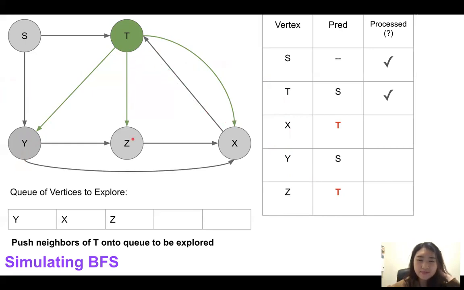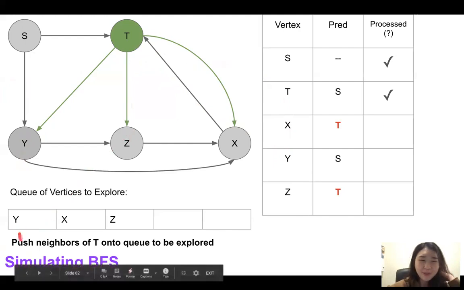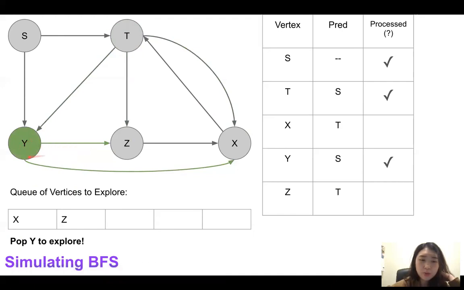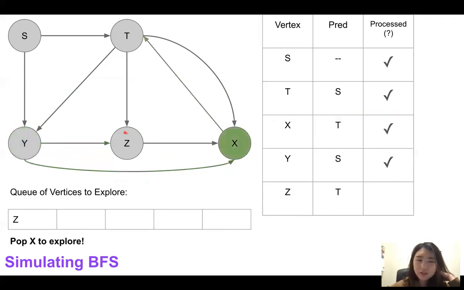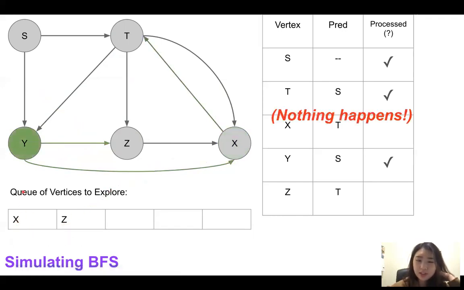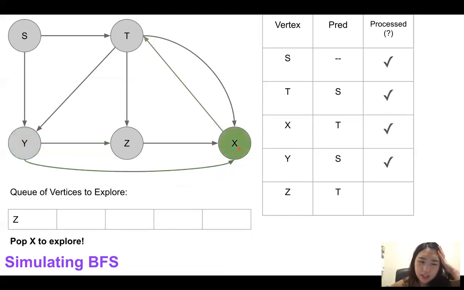I mean, sorry, T and Z. It's very late here. Now we're going to pop Y. Another interesting thing: Y is pointing to Y, Z, and X. So our question is, should we update this or not? One more time. For X, we won't do anything, right? Previously it was T, and there is no reason for us to update, like we said. So nothing happens. Now from this Z, we handle it and nothing will happen. So X is processed first and nothing happens. And now we're going to